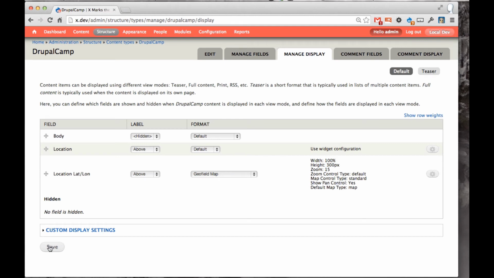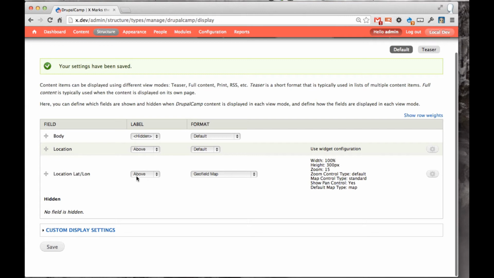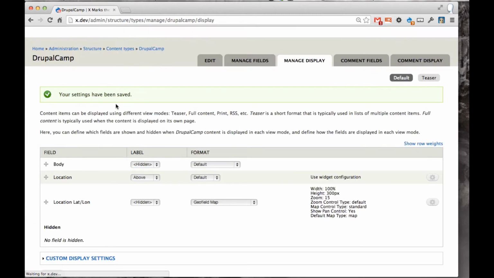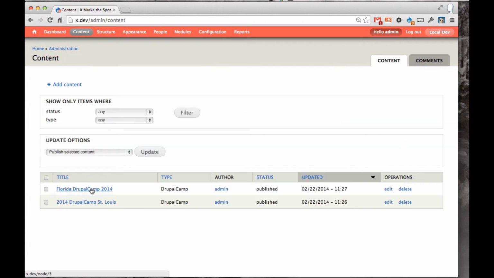And then we'll go ahead and save this. And while here, let's go ahead and hide this label. I don't think we need a label for the latitude and longitude, for the map actually. So we'll click save. So now if we go back to content and select one of our camps,